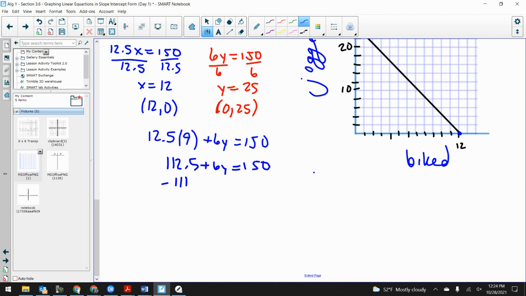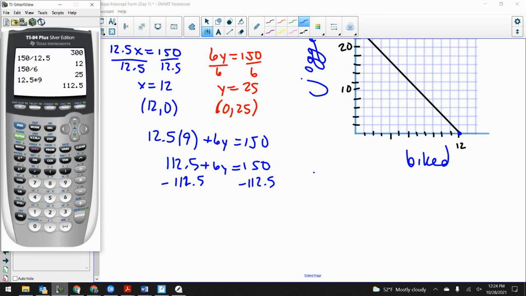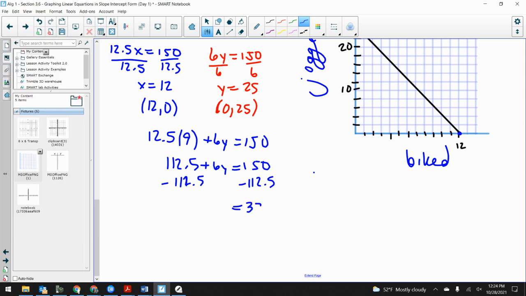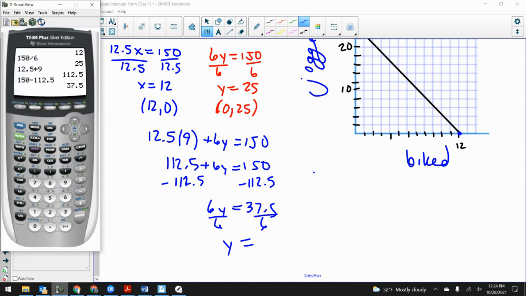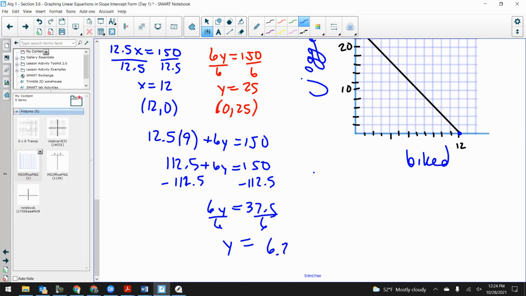I subtract the 112.5, and that gets me 150 minus 112.5, 37.5, I think. Yep. And I divide by 6, and that gets me 6.25 hours